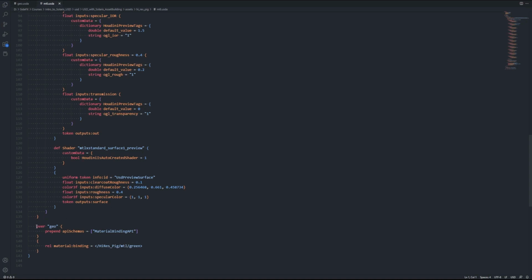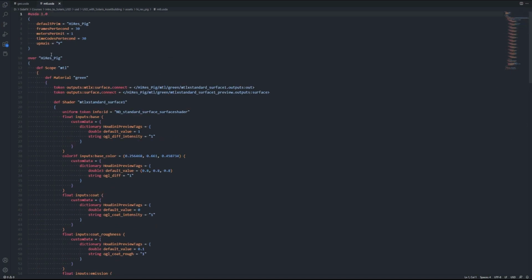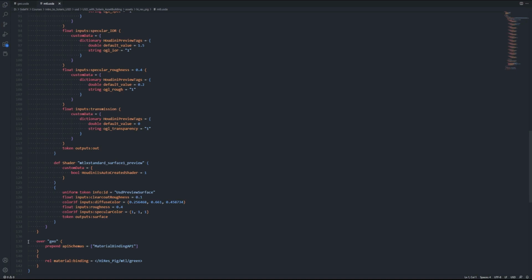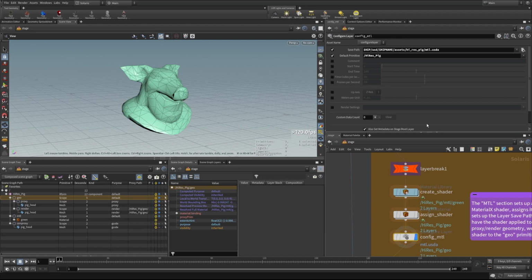And then finally down here, we're making an override on geo and we're setting this material binding relationship. We're setting geo to relating that to the high-res pig material green. That's where we're assigning it to. And here we can see high-res pig material green. So it's looking up this material and assigning it down here at the bottom to the geo primitive. So again, not a whole lot going on in this file, but just good to see what's being written onto disk as we kind of step through this process. In the next step, we're going to see how to set up that payload and kind of continue on building